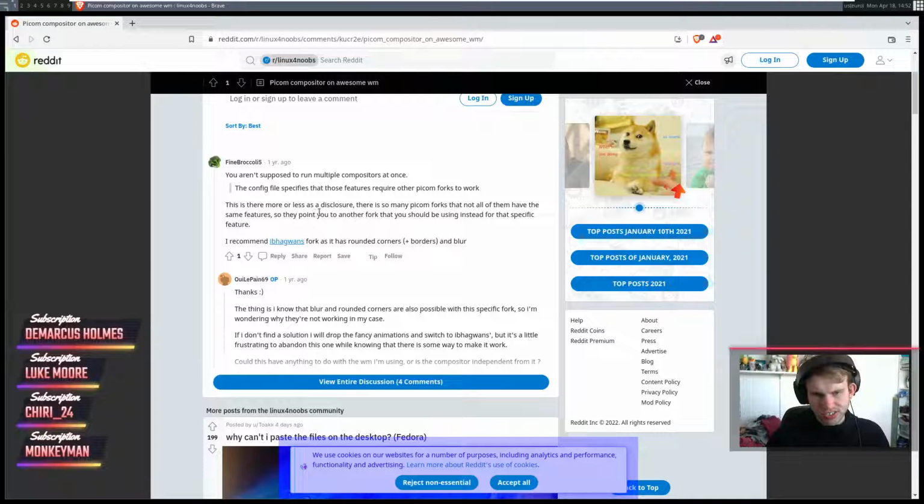This is more or less a disclosure. There are so many PyCom forks that not all of them have the same features. So they point you to another fork that you should be using instead for that specific feature. Yeah.